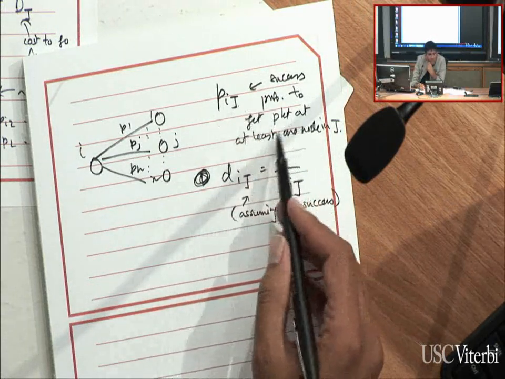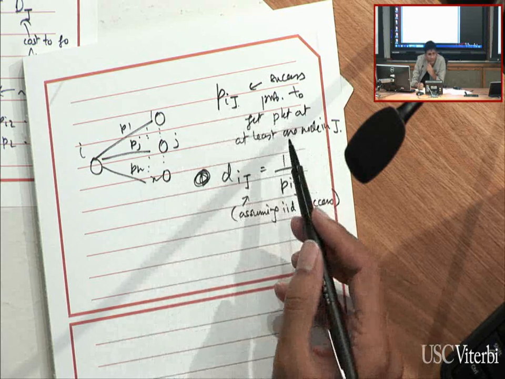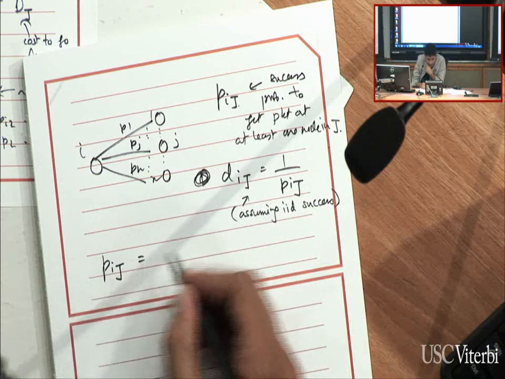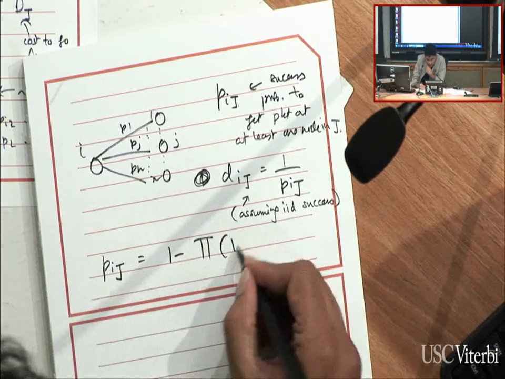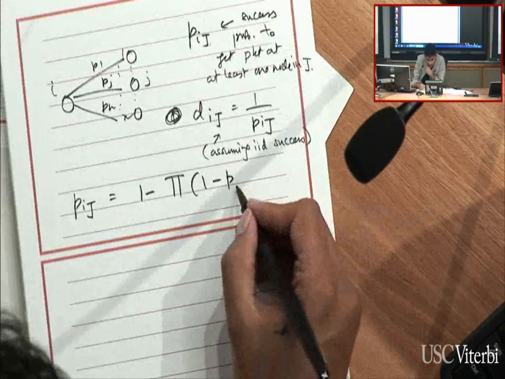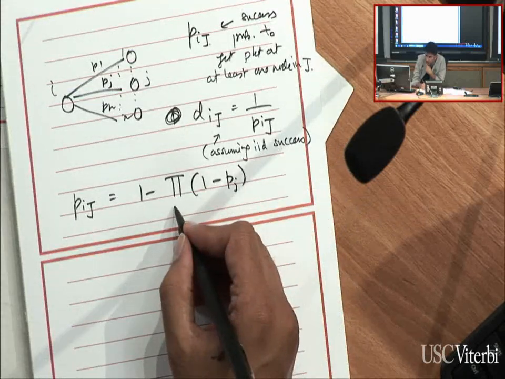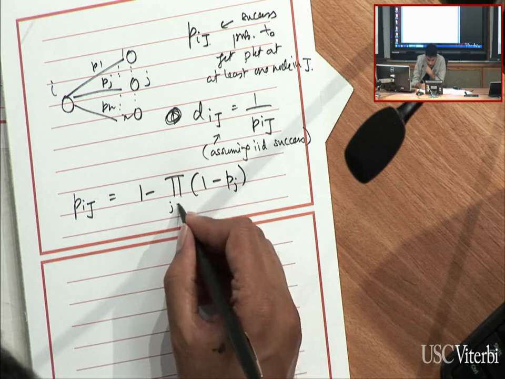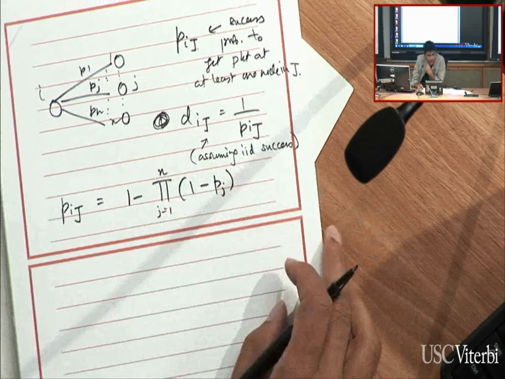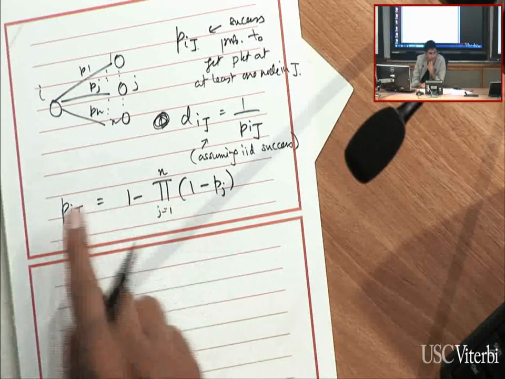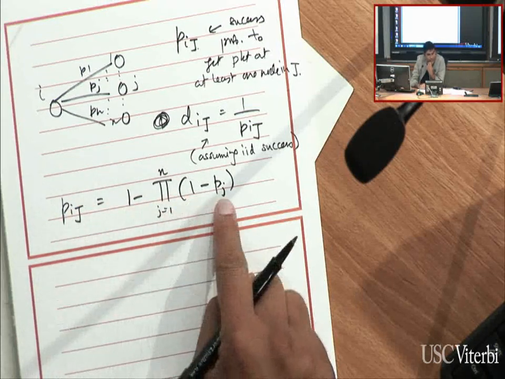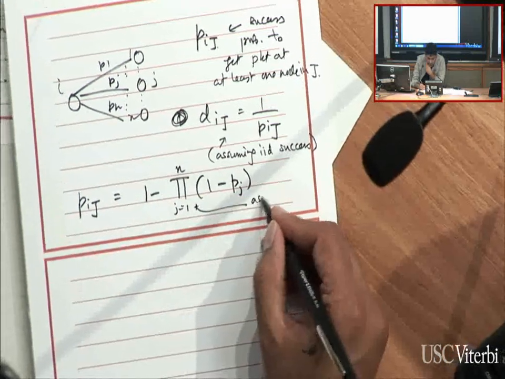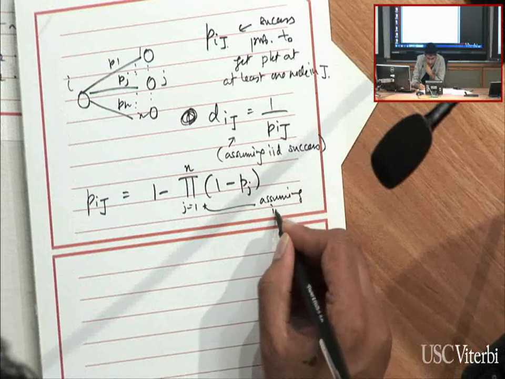What is Pij? It's the probability that at least one of them gets it, which is 1 minus the probability that none of them get it. And we just did that calculation. So Pij is 1 minus the product of all of them not getting it, over all the nodes j going from 1 to n. Right, so this is the probability that at least one of them gets it is 1 minus the probability that none of them get it. Okay. So this product, by the way, implies that we're also assuming independent